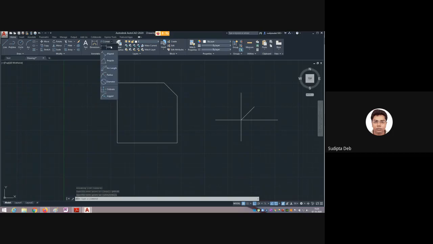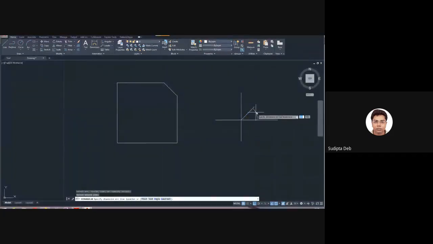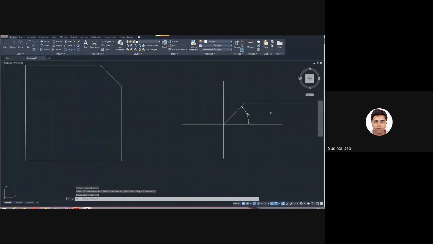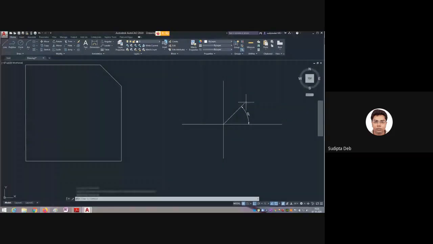If I give the angular dimension from here, you can see this is 45. Now you can understand one thing. Angles are always measured in this direction. Suppose this is 90, then 180, then 270, then 360, in the anti-clockwise direction.